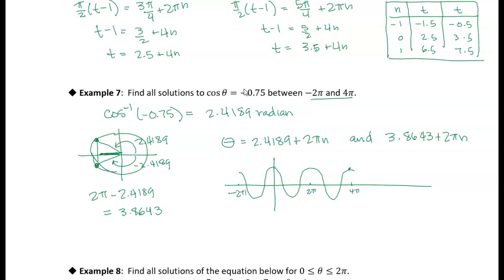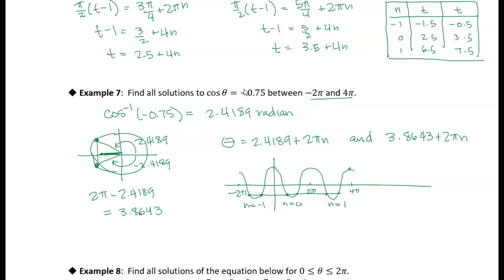All right. So I want where the cosine is equal to negative 0.75. If I drew a line through here, you can see that we would expect 6 solutions. Okay. So that's going to be n equals 0, n equals 1, and this is going to be n equals